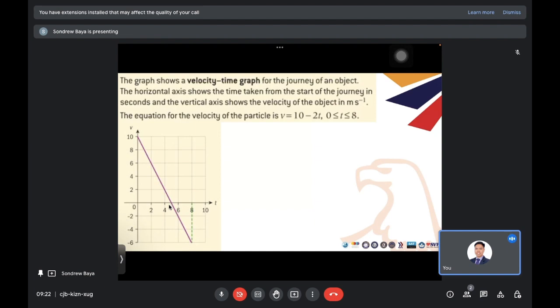Okay, so here the displacement is longer at 0 second because the speed is at 10 meters per second. And at this particular time, t equal to 4, we can expect that the distance covered would be lesser. Okay? So if you try to solve for the change in displacement,